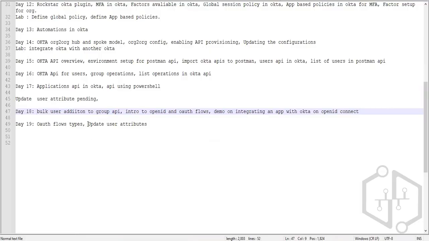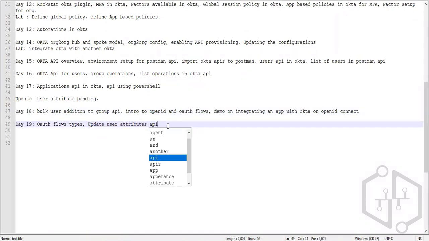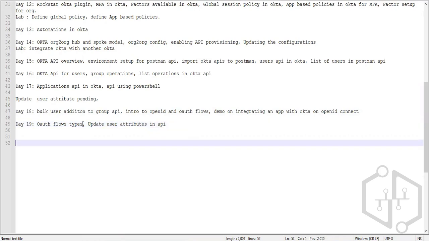So today we'll see how to update user attributes in Okta from the API. I think the bulk update of user attributes has been pending for a long time, so we'll cover that today. And the OAuth types are also a somewhat important topic because